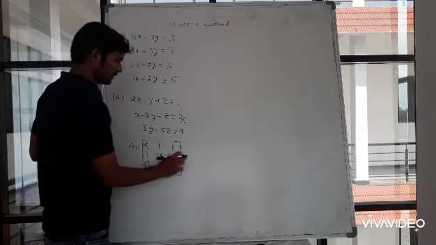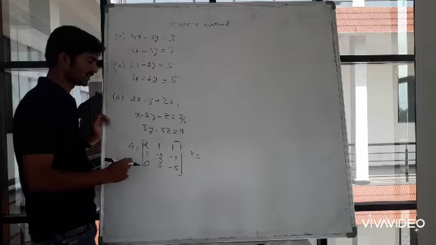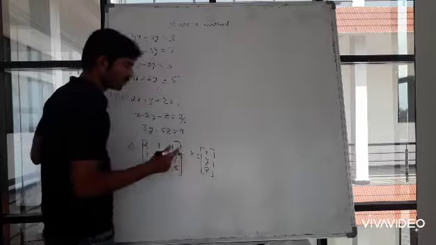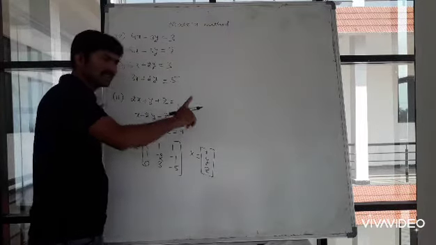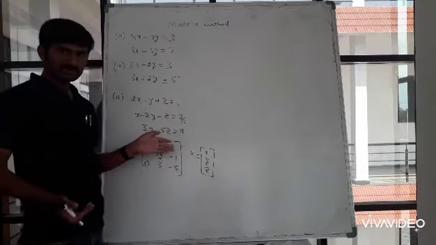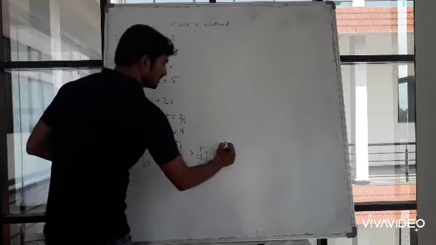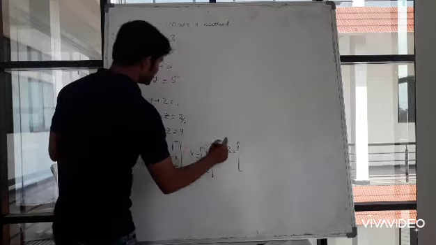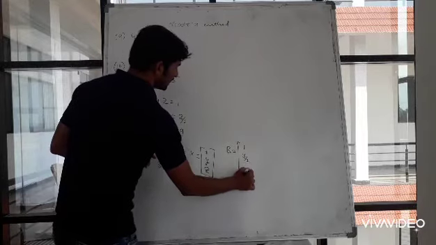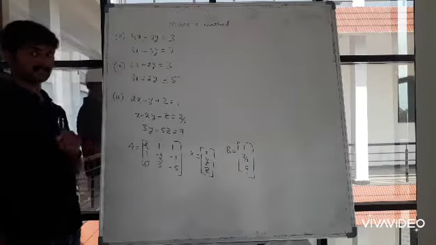Is equal to x. Here how many variables are there? 3 variables, x, y and z. So we will write here x, y and z. If only 2 variables are there, then we will consider only 2 variables. Here 3 equations are there, so 3 variables will come. Then the next thing is B, constants, right hand side. How many elements are there? 3 equations means 3 elements: 1, 3 by 2 and 9. Now we have written it in the form of a matrix.